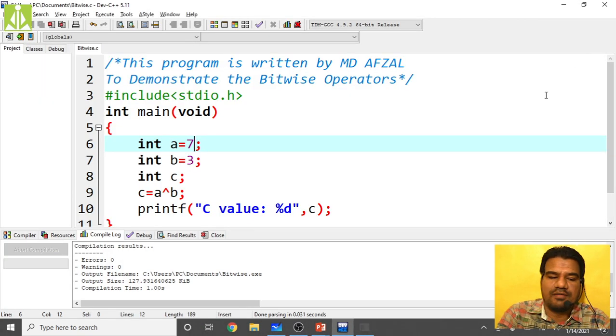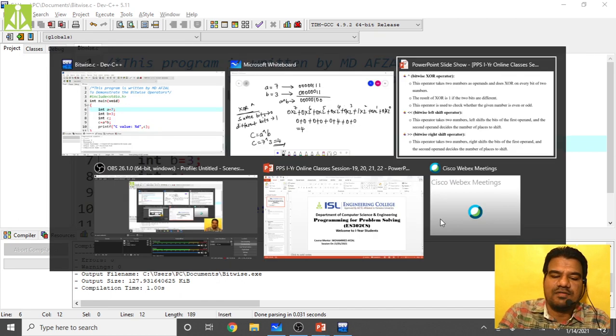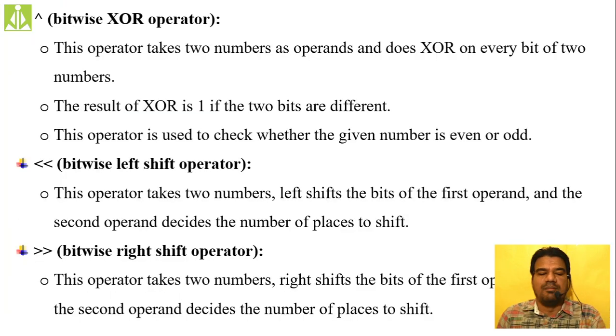The next thing, after bitwise XOR, we have the shifting operators: bitwise left shift by number of bits, and bitwise right shift by number of bits. What will this left shift and right shift do? See, you have to remember the arrow point when you are using less than and greater than symbols, where it is pointing. If it is pointing towards the left, that is the bitwise left shift operator. If it is pointing towards the right, it is the bitwise right shift operator.